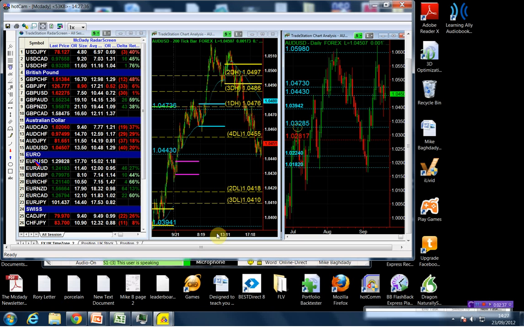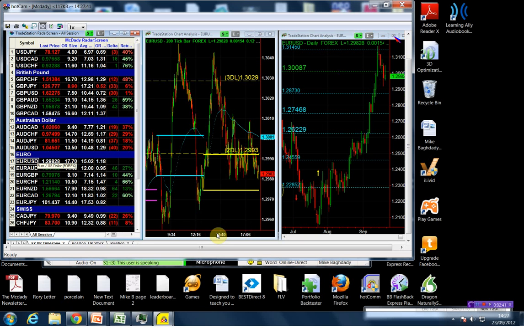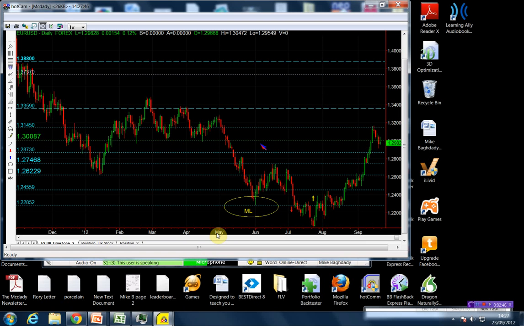So we did the Aussie yen, we did the Aussie dollar, and we might as well look at the euro dollar. Like we said, we are going to be a little bit cautious about it. We are kind of neutral. We do have a buy signal on the dollar index, and we have a neutral situation with the euro, so it's not going to be really high on our list, but we do have a structural point at